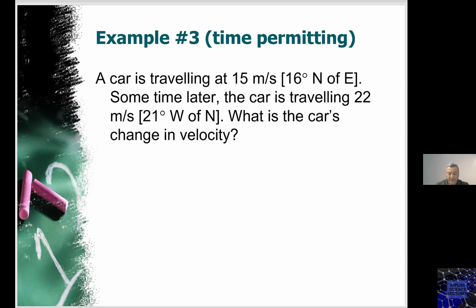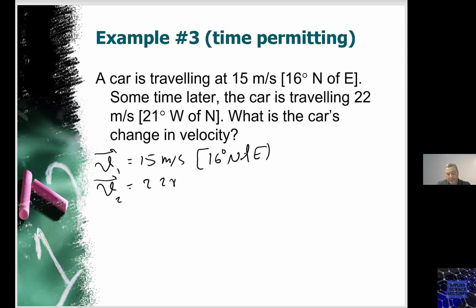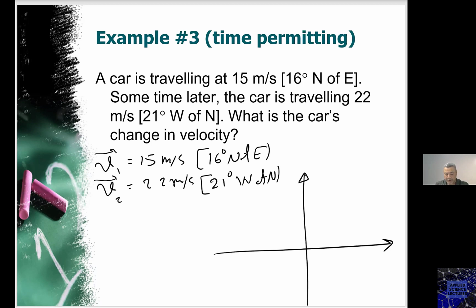Now let's do this last example here. This example is similar to what we have done, but let's just formulate the problem here. So we have a car that's traveling at 15 meters per second. So V1 is 15 meters per second, and this is 16 degrees north of east. And V2 is 22 meters per second, and this is 21 degrees west of north, right? So if I am to draw this, it will be